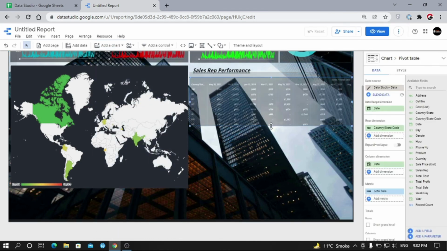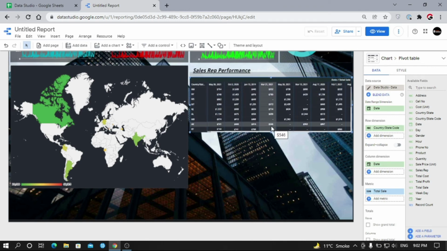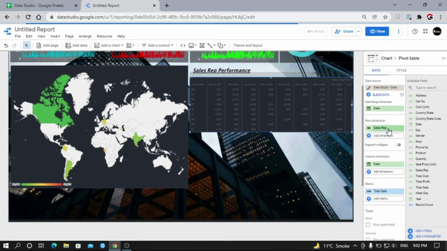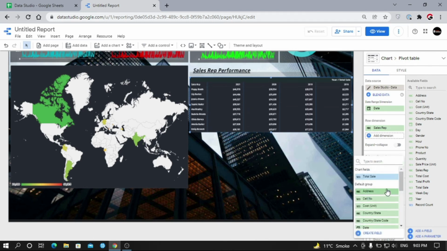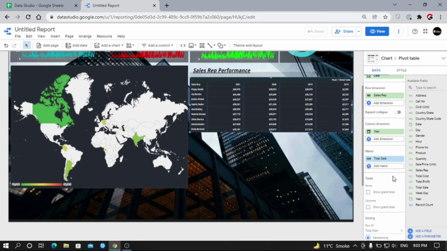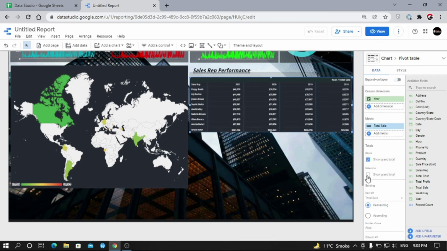This Data Studio Pivot is exactly the same as we use in Google Sheets: the same row dimension, column dimension and metric, which is value in Google Sheets. So my row dimension will be sales rep, my column dimension will be year, and metric will obviously be sales. Also I need grand total as well, sorted by sales.